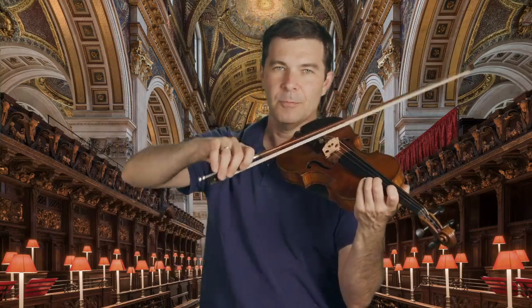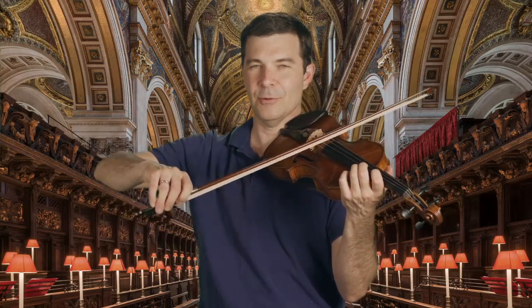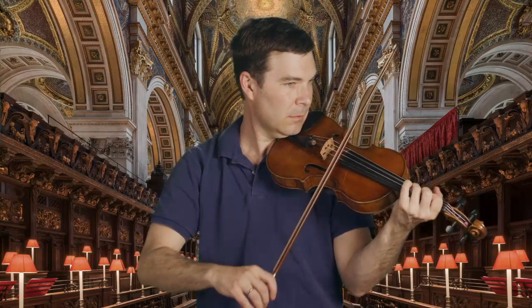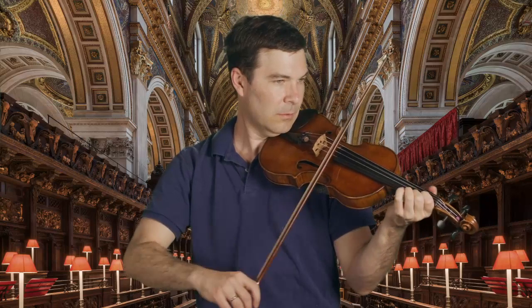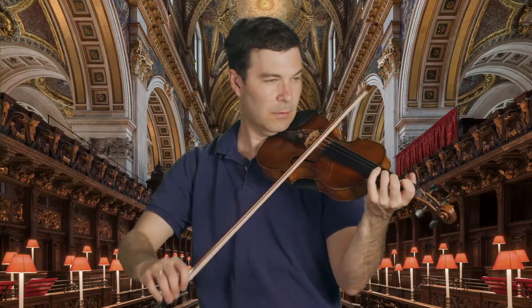The reason to be up bow is that it follows the curve of the bridge and the shape of the bow arm a little better, rather than doing descending string crossings after a down bow. It works a little better the other way. And as you can hear, I'm letting off the longer voice to let the eighth note sound more. Rather than